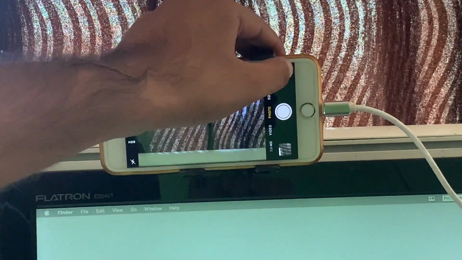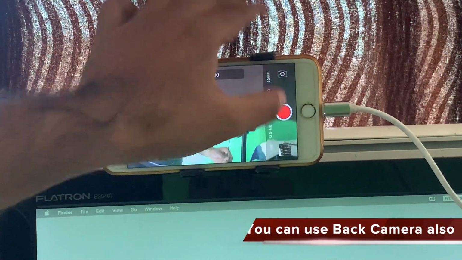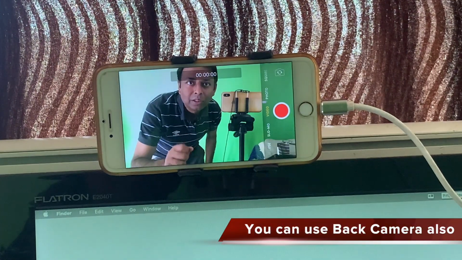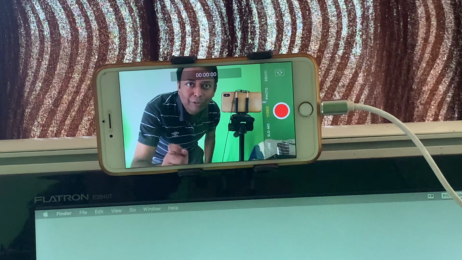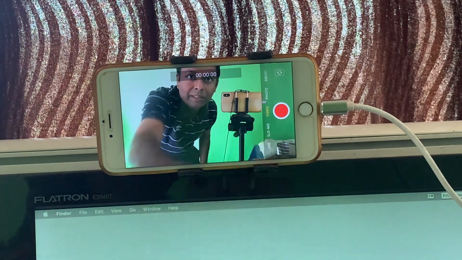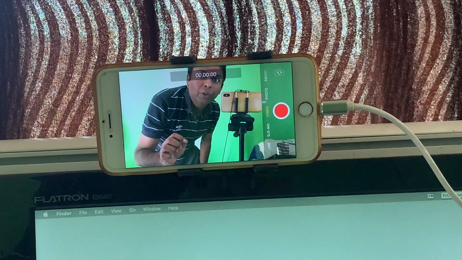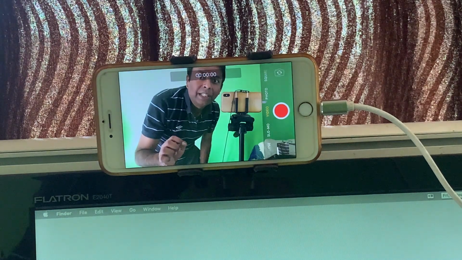For demonstration purposes, I am going to select the front camera and make sure to switch to video mode. So now the camera application of the iPhone is turned on and we have switched it to the video mode. This is the final setting that you have to do in your iPhone. Now let us move to the OBS Studio and see what we have to do next in order to set up the iPhone as a webcam.